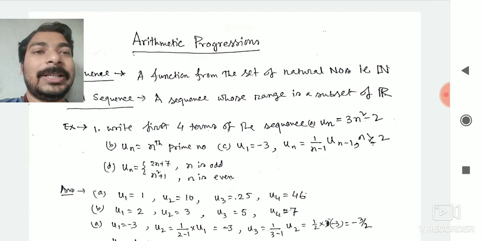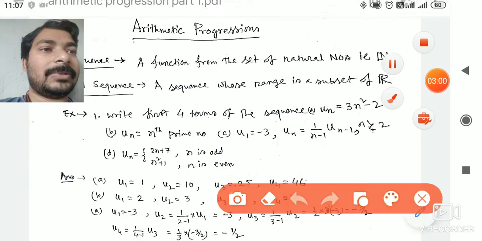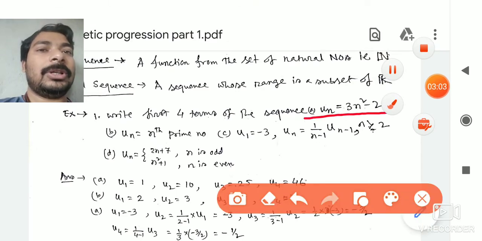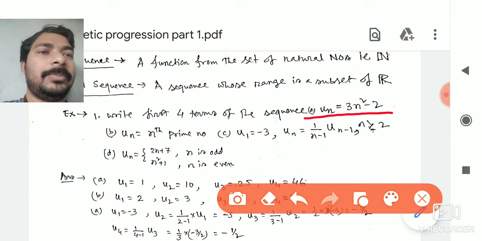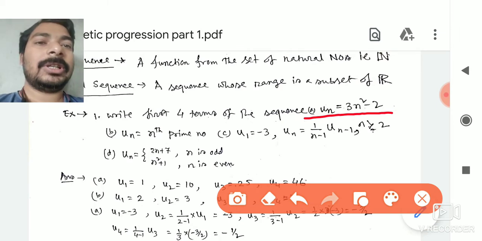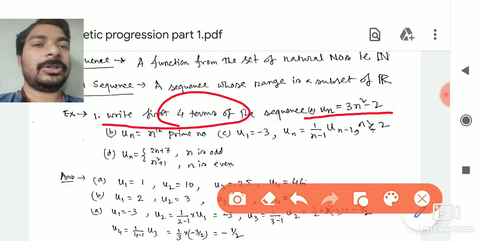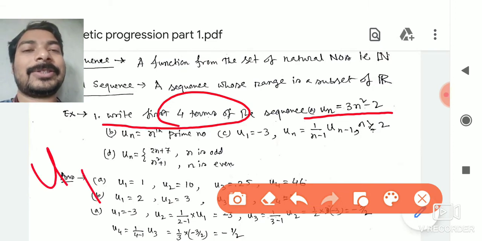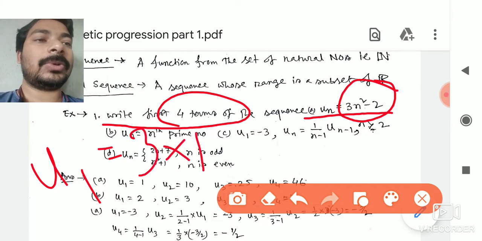Actually the written formats are different. Let's take the first one. The first one is un equal to 3n square minus 2. In this type of sequence, you get a function of n, and by substituting the values of n, we get the terms of the sequence. Suppose the question says write 4 terms. So u1, the first term, according to this formula, we put n equal to 1, that is 3 into 1 square, that is 3, minus 2,